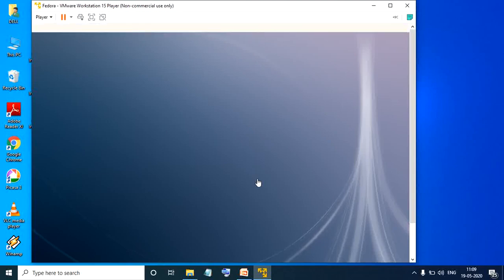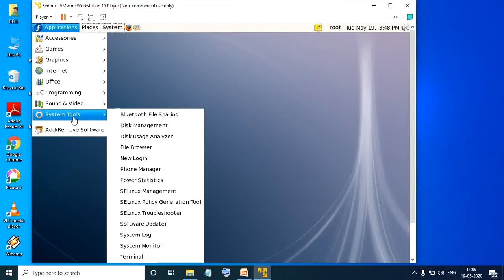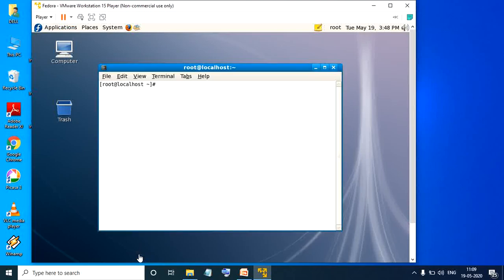So we have opened the virtual machine. Inside the virtual machine we have opened your Fedora OS, and now you have also opened your NC2NS using your username and password. Next, a very important thing is you should go ahead and open the terminal. If I want to open the terminal, I should go to Applications. Here you have an option called System Tools. Once you go to System Tools, the last option you need to select is your terminal. So select terminal.